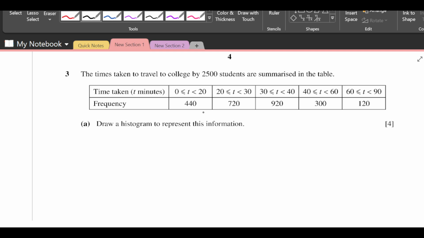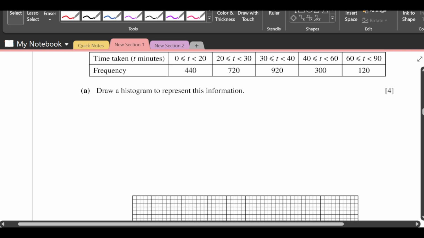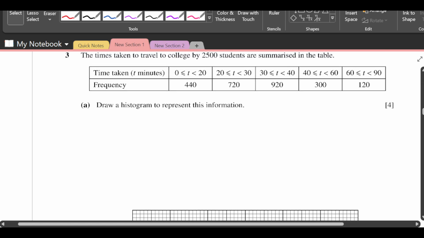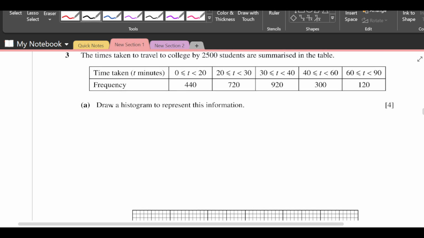So to draw the histogram, if you see here the width is 20, here it's 10, here it's 10, here it's 20, and here it's 30. So what we do first, we will find the frequency density. Okay, so for frequency density, if we see class width,